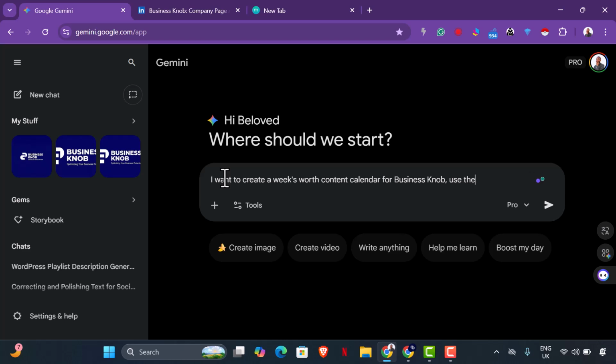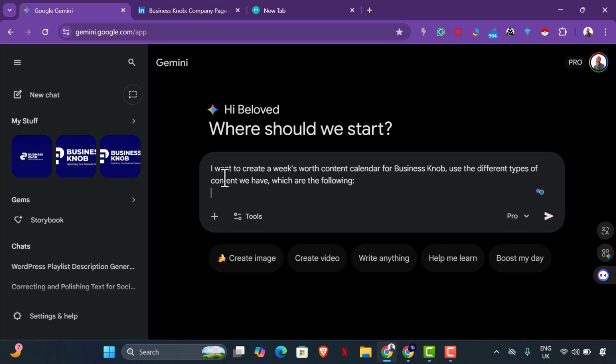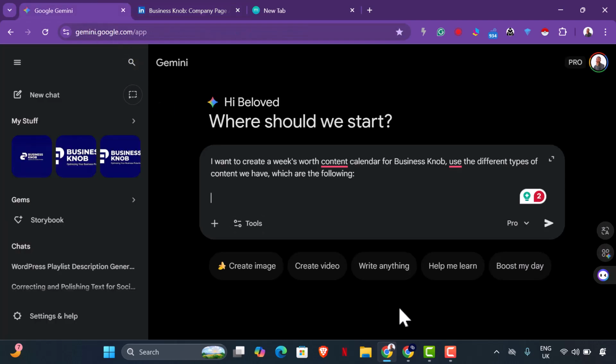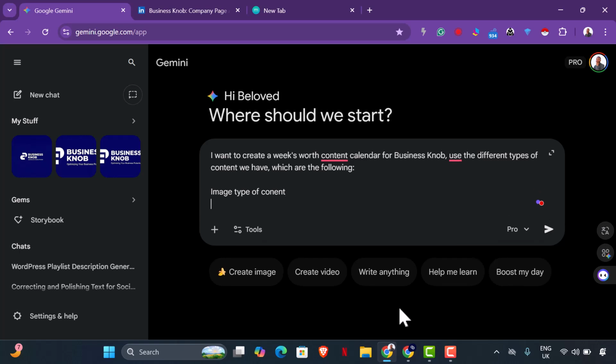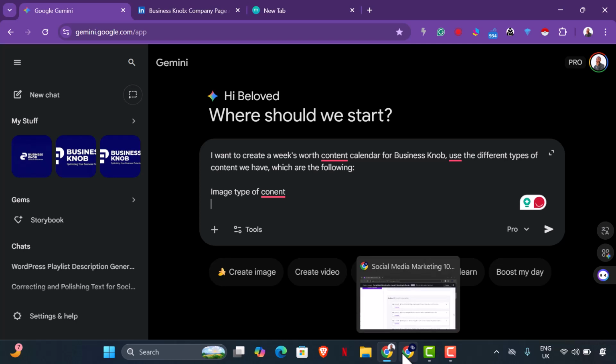Use the different types of content we have, which are the following. So I'll now input the type of content we have. We have a gallery type of content. So we could say an image type of content.